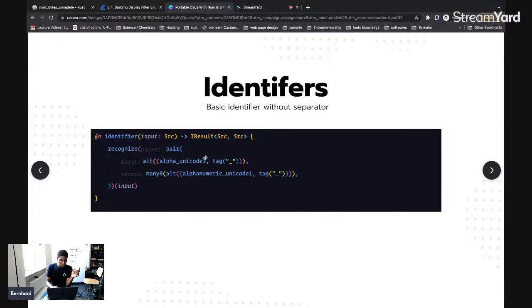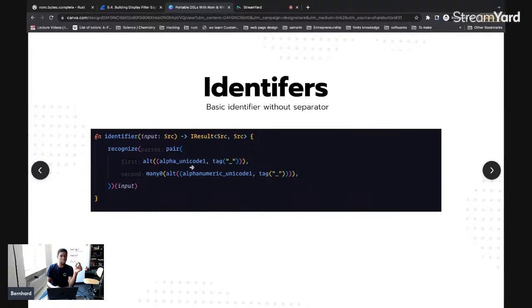And there's a function called pair, and pair is saying match on this and also match on the second one. So it will call this first parser and also call the second parser, and then combine the results together. So in the case where it starts with an underscore at the beginning, it will concatenate